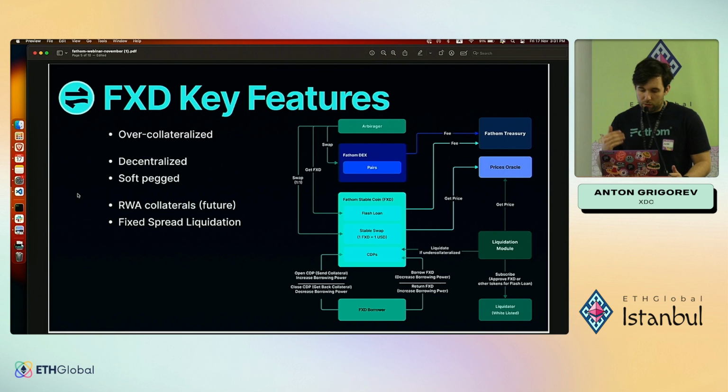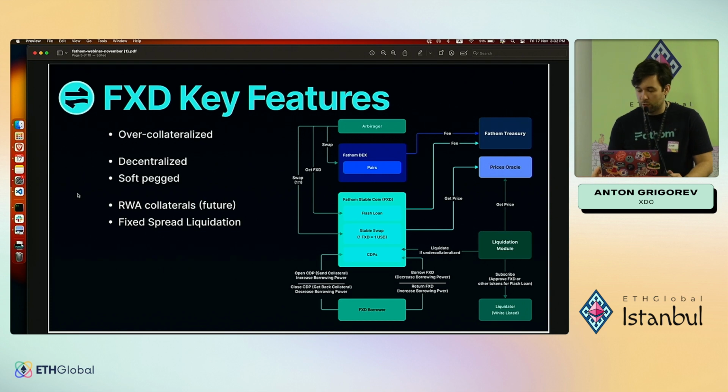And if FXD drops below $1, buying FXD to close borrowing positions becomes favorable, creating a buying pressure to realign the price. So we have three ways to maintain the peg: liquidation system, stable swap, and